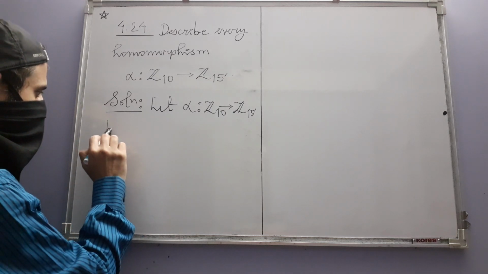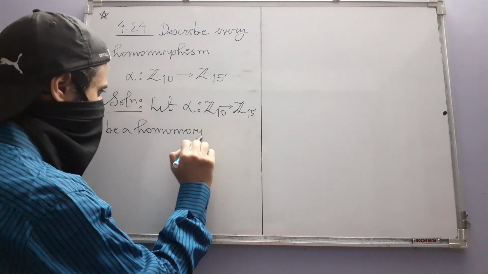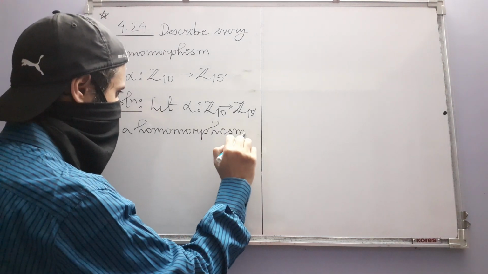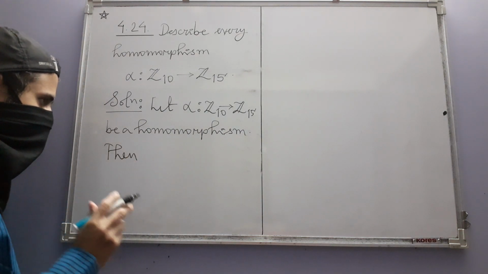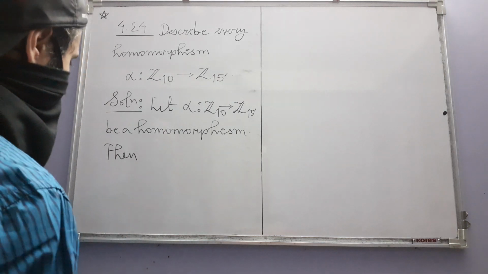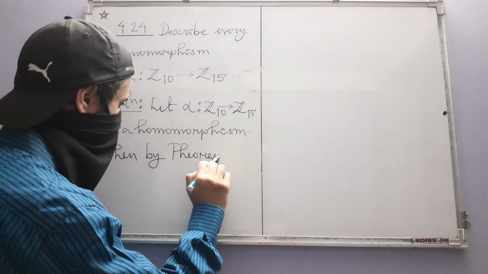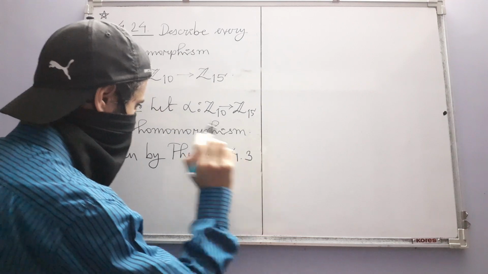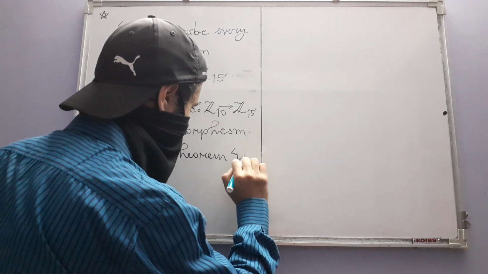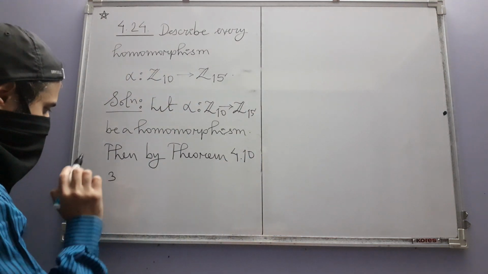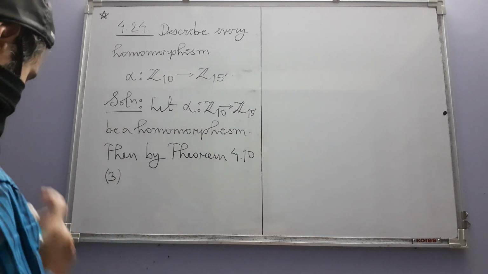Let alpha be a homomorphism. Then we can use one result from this section immediately by theorem 4.3, and in fact, well, it's not 4.3, sorry, it's 4.10. Part 3 of that theorem, it has 3 parts. By part 3, we have this conclusion,